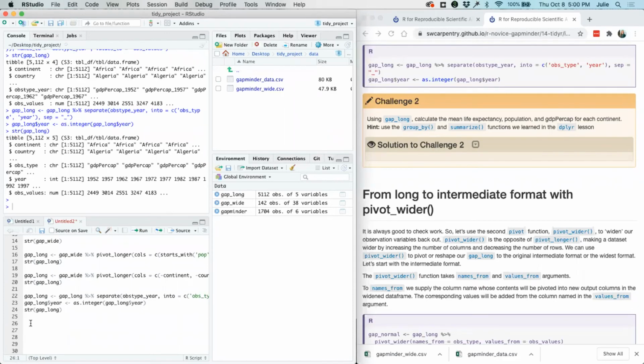All right, so since our lesson kind of has us most of the way there, we can really take that information and craft our line of code. So we're using the gap long data frame, right? And we're gonna pipe that through these two functions. So first we're gonna use the group by.